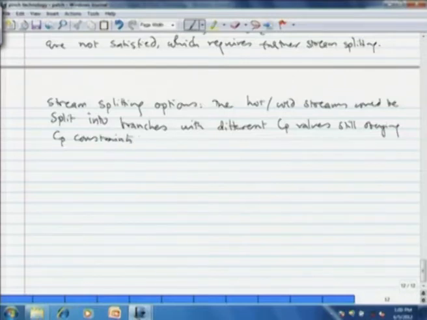Like in the first example that we saw, we could have had the CP values 4 and 1 or 2.5 and 2.5, and all of this would have obeyed the CP criteria, or 2 or 3, and so on and so forth. So this adds a degree of freedom in the design.